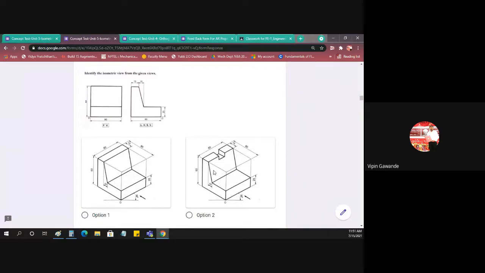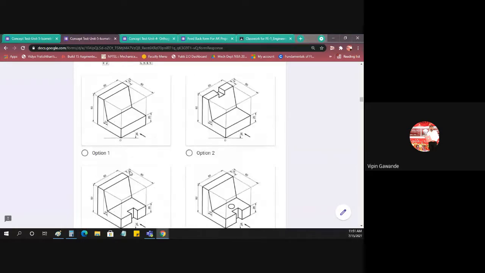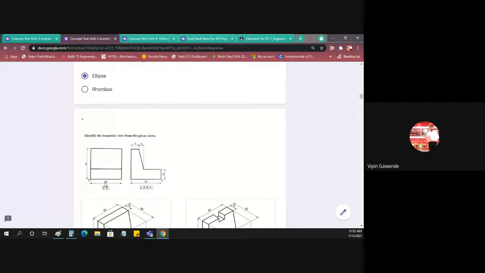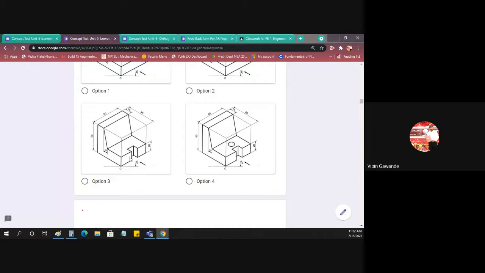Okay. Now if you refer to the second option, in front view, this rectangle is visible, and the second surface has the cutout, but in our problem the cutout is not there. So this is not the correct option. Now in the third option, in front view we have only a single rectangle, but in the third option we'll get one rectangle, then a second rectangle and a third rectangle, because here there is a cutout. So that is not the correct option.